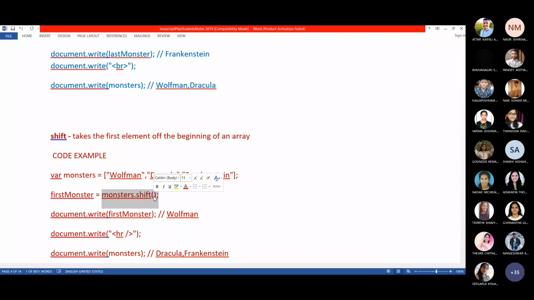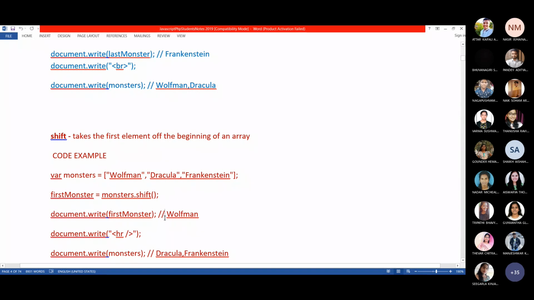Shift also does not have any parameter. So if you apply shift, only the first element of the monsters array will be taken off. Now if you display, using document.write, firstMonster, the result of the shift, which is stored in the firstMonster variable, will be displayed.